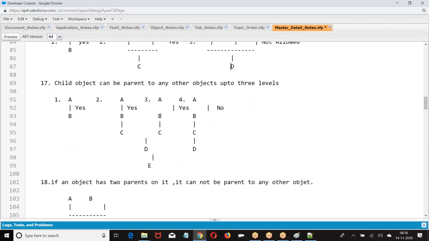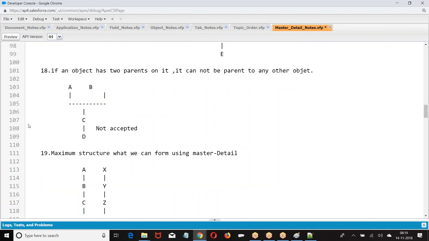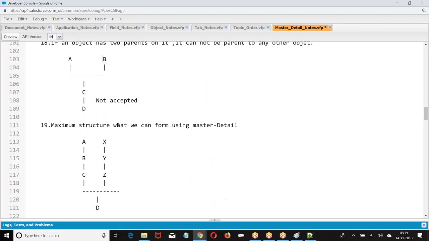Let me create one more example. So this is the structure what I created.